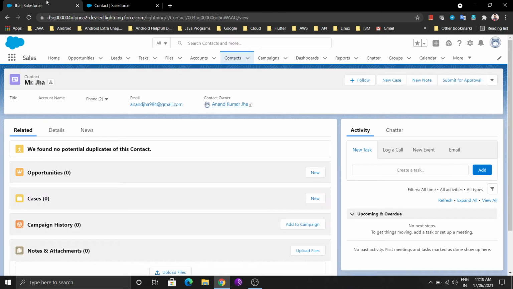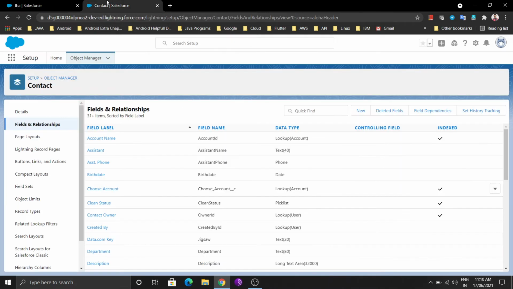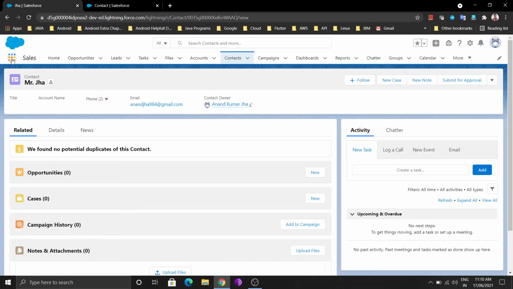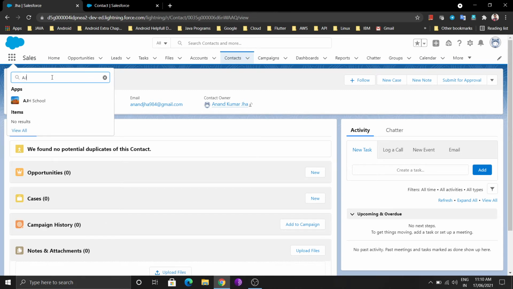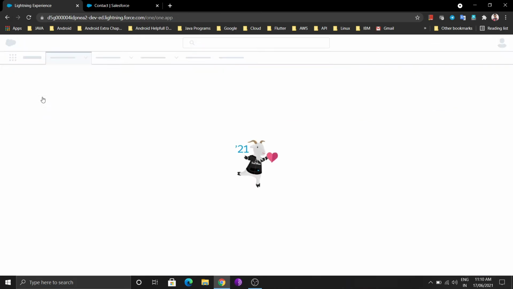Similarly we can also create it in terms of standard to standard object, custom to custom object. If you want to create custom to custom, in our application, AKJ school, there are two custom objects, student one and teacher one.